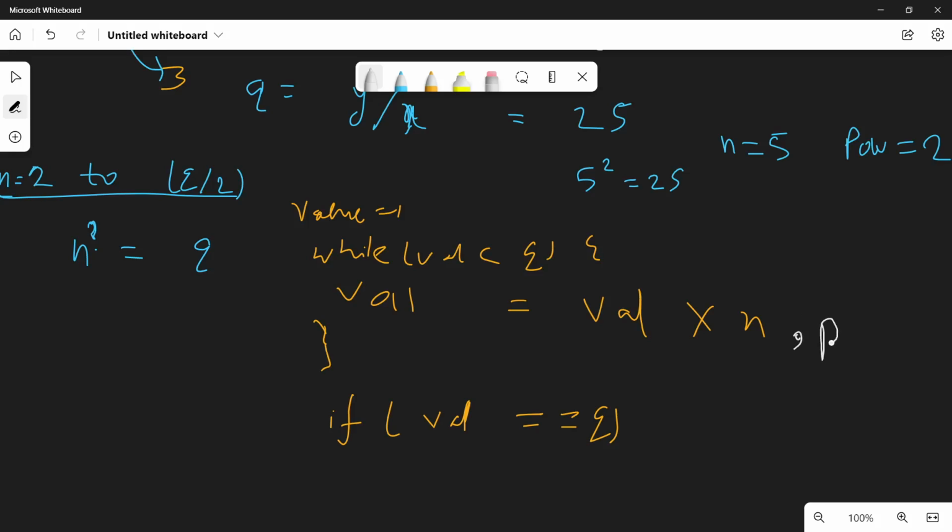You can also count the power. Let's create a variable power and initialize it with 1, and you can increment power every time you multiply value with n.